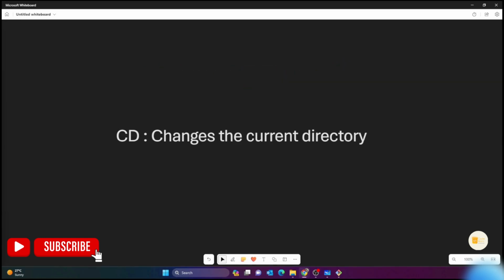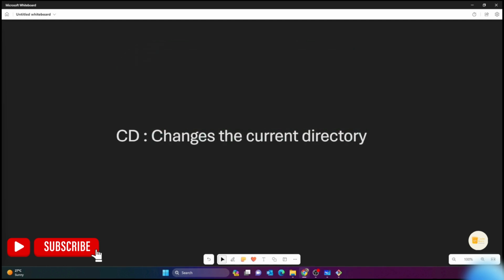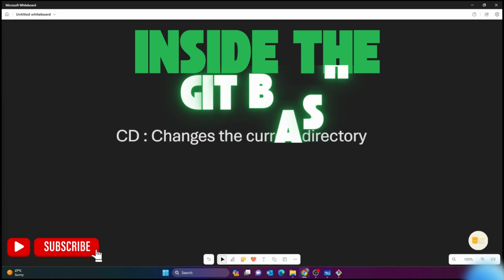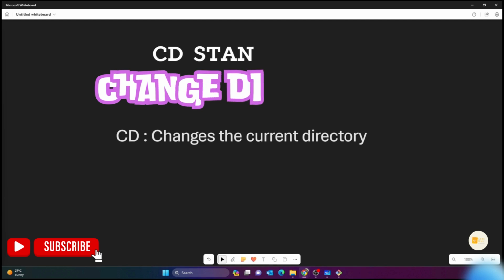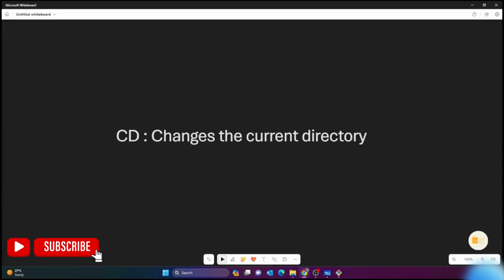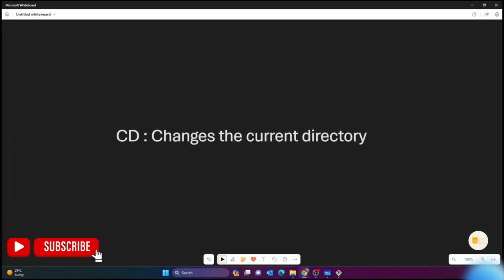So hey everyone, in this video we'll be understanding the cd command, which is actually used in Linux, but we also use it with our Git Bash. The cd command stands for change directory, and it is used to change the directory. It is used to navigate through the directory structure in your Linux system, which is particularly useful when working with